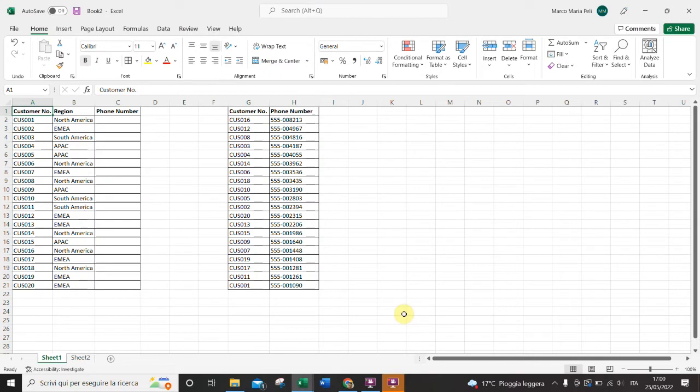Okay guys, so let's have a look and check how we can use the XLookup formula. Let's suppose that we have these two tables here. The first one contains the customer number, the region and the phone number, but the column is empty. And the second one contains the customer number, which is the same as the first one, and the phone number. So what we want to do is bring back the phone number from this table into this table using the